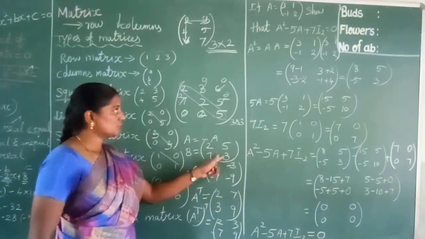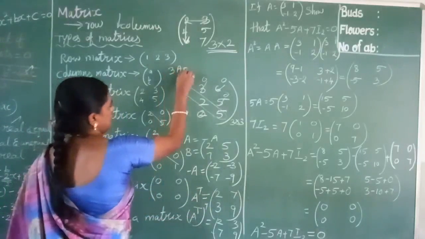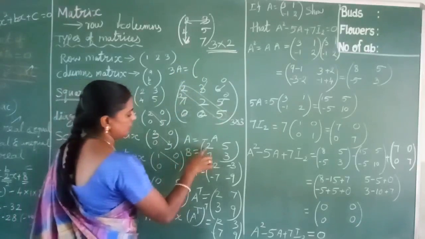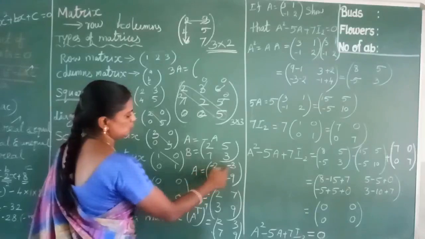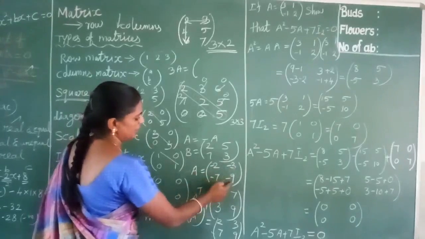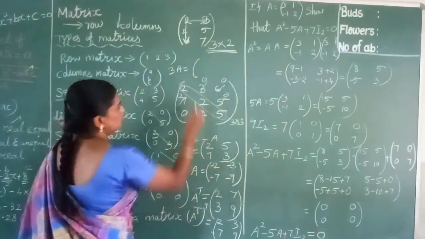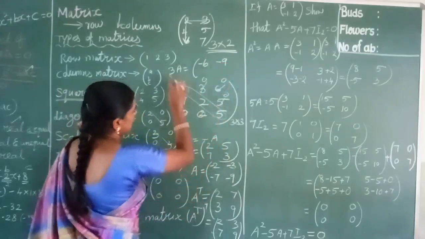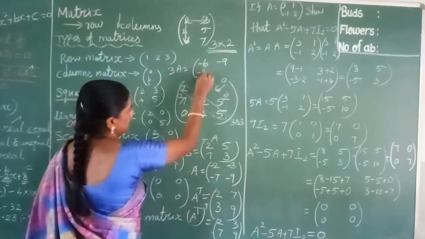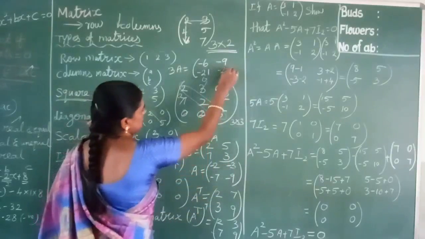And for the scalar multiplication, you multiply the matrix by any number. So 3A: multiply 3 with all the elements of A. Here A is 2, 3, 7, 9 with minus signs. So multiply by 3 into 2, 3 twos are minus 6. 3 into minus 3 is minus 9. 3 into minus 7 is minus 21. 3 into minus 9 is minus 27. That's all.